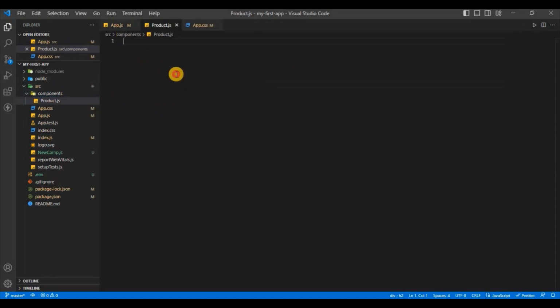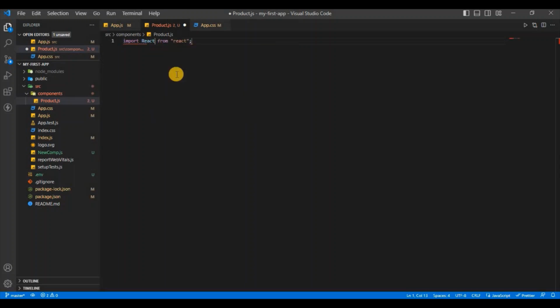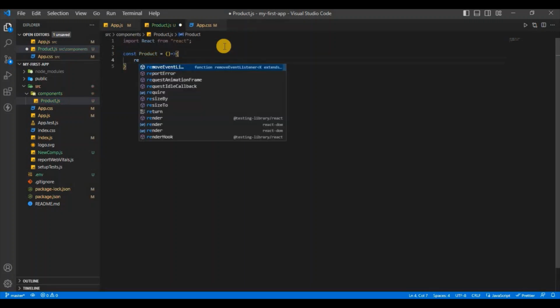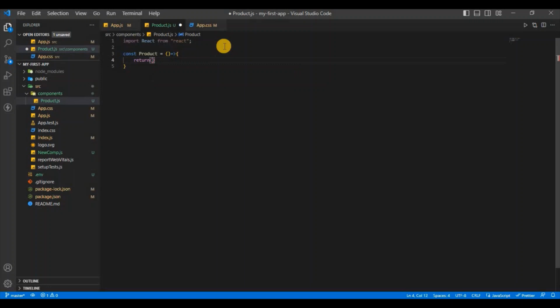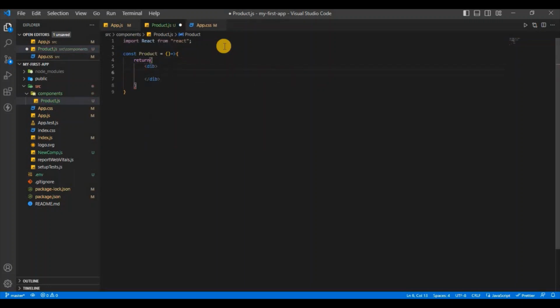Okay, and it will be the same: import React from react, and after that it will be const Product, and then it must return something. So what I'm gonna return is like,